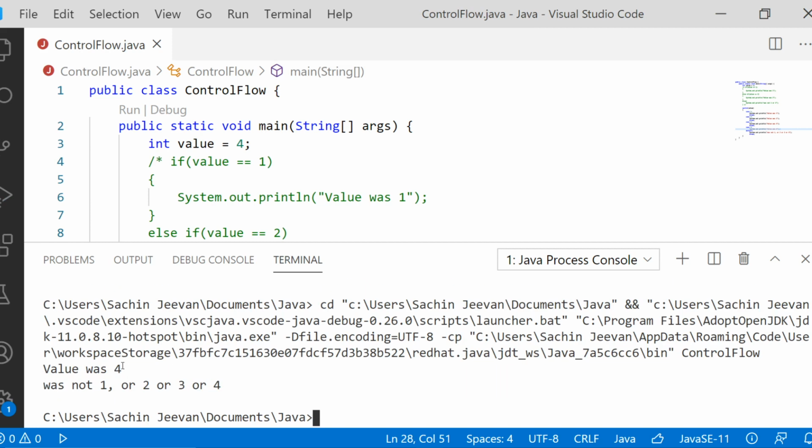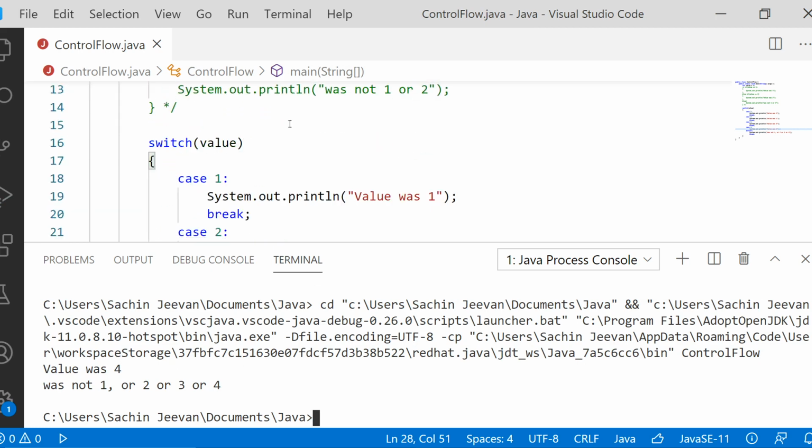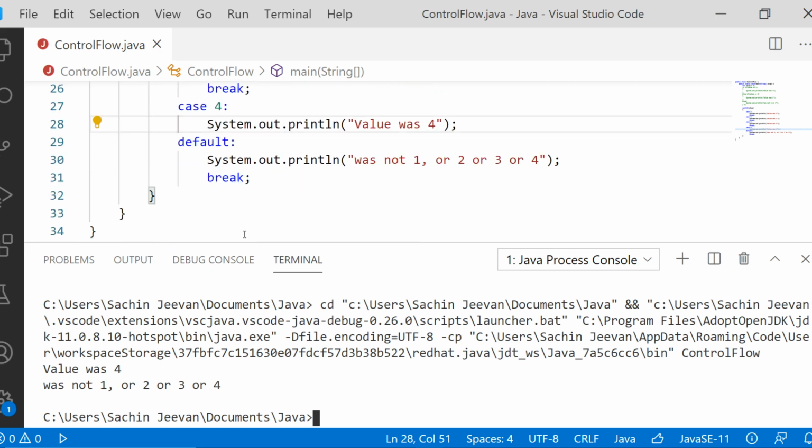"Value was 4" is printed, and "was not 1 or 2 or 3 or 4" is also printed. The reason is, when you switch the value, it will just keep on searching for the case. If 4 is your value, case 4 will be identified, and whatever is inside will be printed. If no break is found, then it will also reach the default statement, and the default statement will also work.